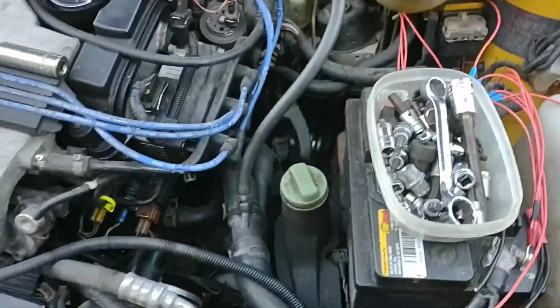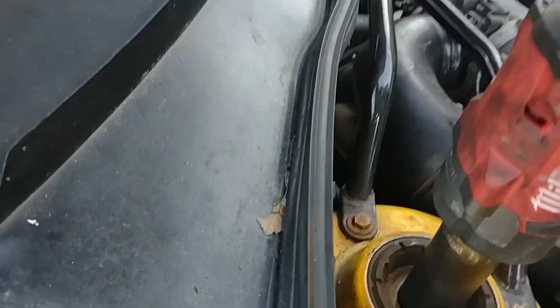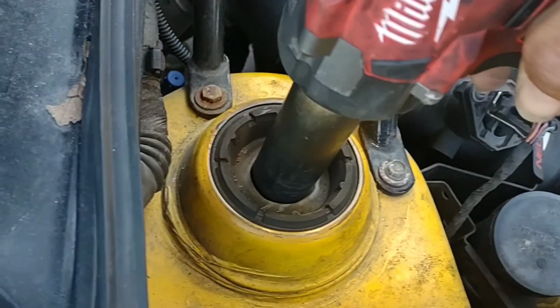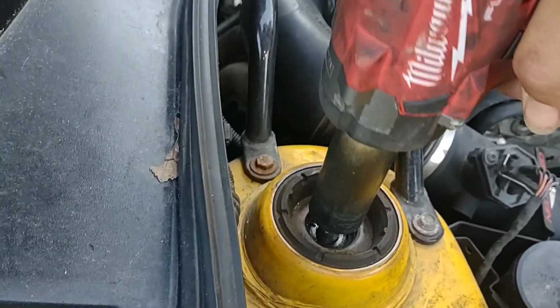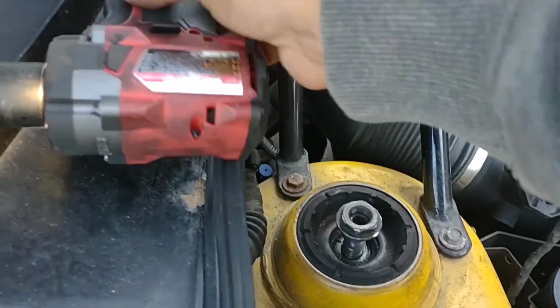Oh, what the hell was I looking for? Looking for the socket. I'm losing my mind. It's still on the gun. I think it's the same size. Yeah, look. There we go. All right, so now that that's off,